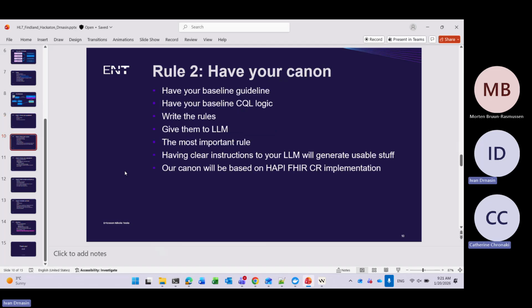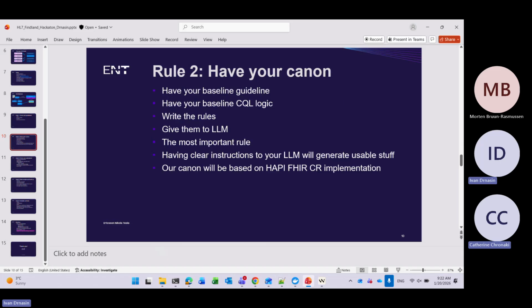Also, you need to have your canon, your basic set of rules for how you will convert an unstructured guideline to some kind of your structure. In this case, since we are using the HAPI server, or we are using the FHIR clinical reasoning implementation, how it is meant to be in the HAPI FHIR server or CQF Ruler, I have written those rules as a set of rules.